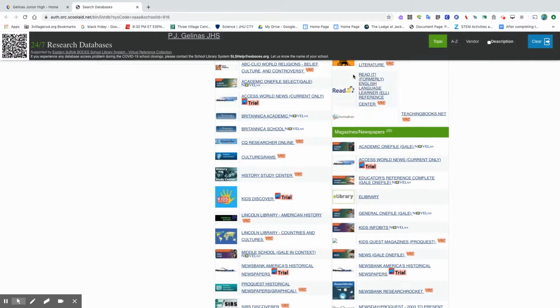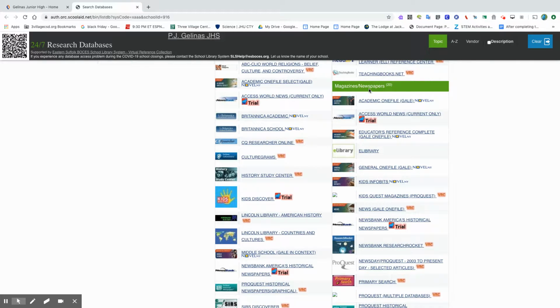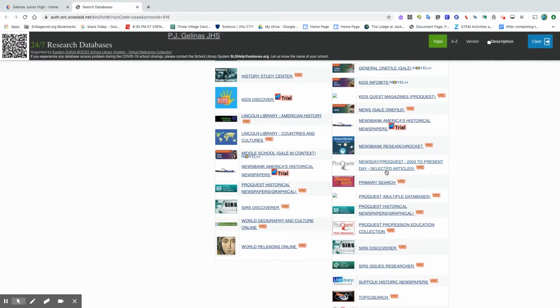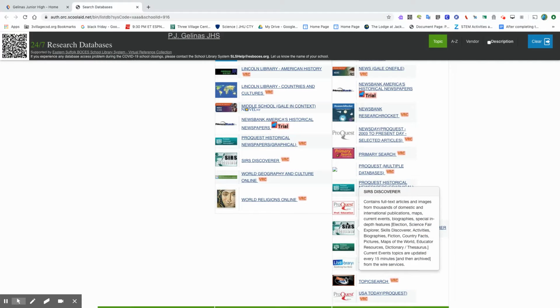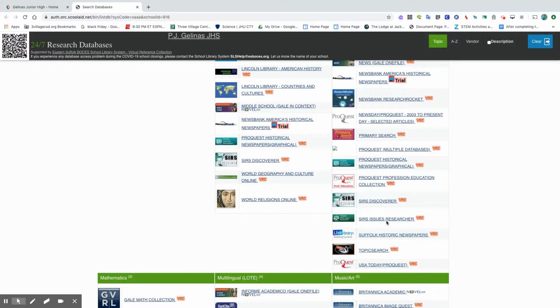We're going to look under the magazine and newspaper category, and we're going to select the database SIRS Discover, not to be confused with SIRS Issues Researcher. This database is a little more sophisticated, and a lot of my ninth grade students use this one. So we're going to start with SIRS Discover. This is a great starting point for using academic databases. So go ahead and click on SIRS Discover